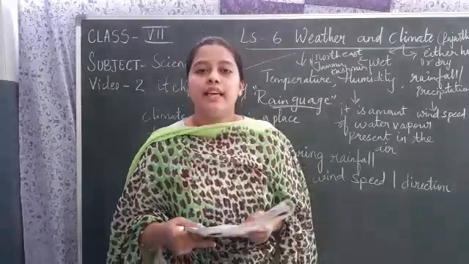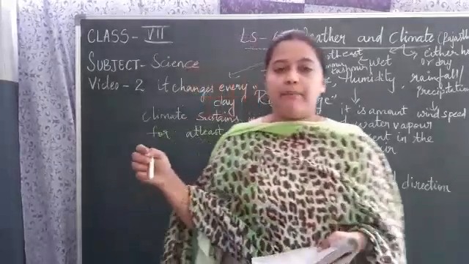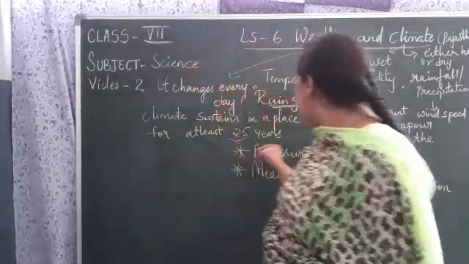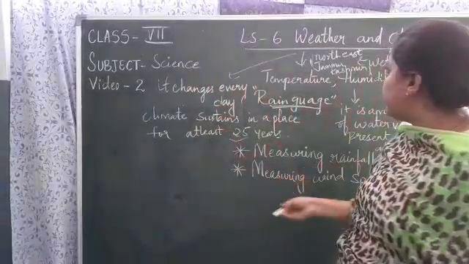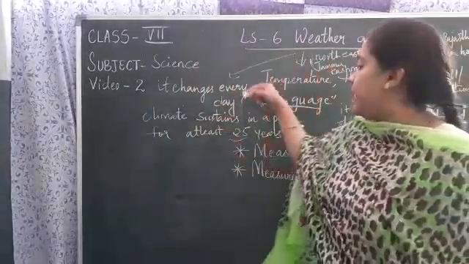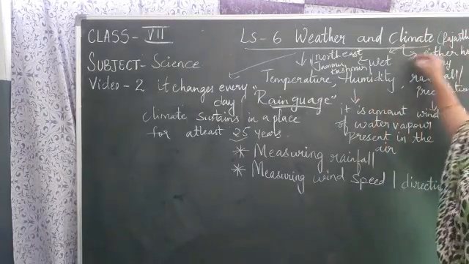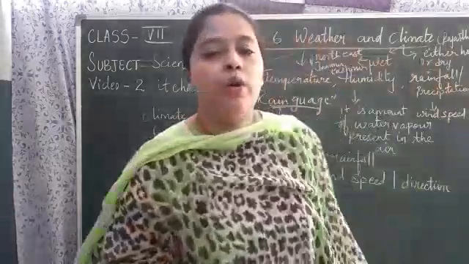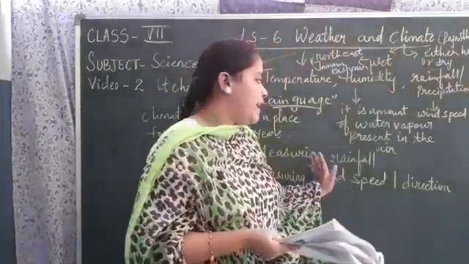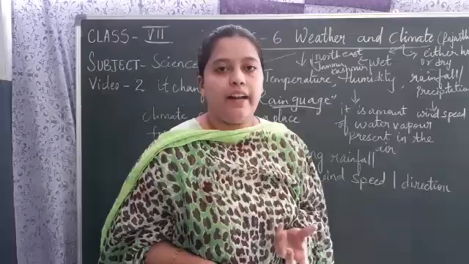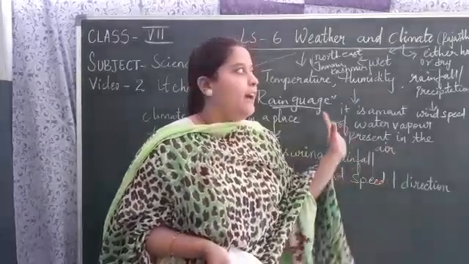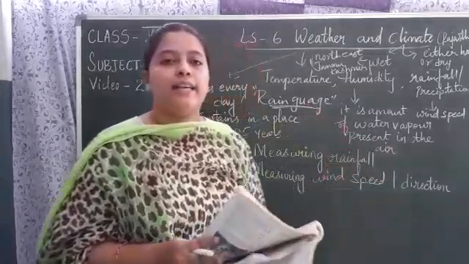Okay children, now I have told you all about climate and lifestyle. What is climate? Measuring the rainfall, measuring wind speed. In video number 1 you have studied about temperature, humidity, and what the climate is, how the climate will be dry and hot, and how it will be wet. In rainfall you have studied how farmers estimate the rain by the wetness of the soil. With this we have completed lesson number 6.